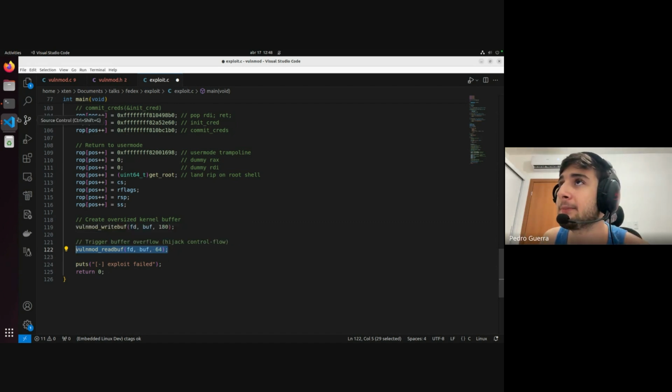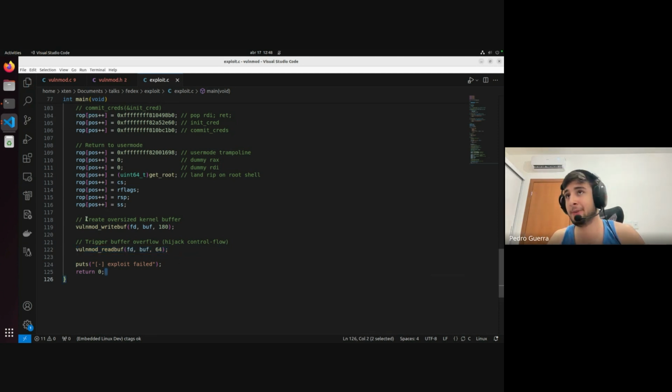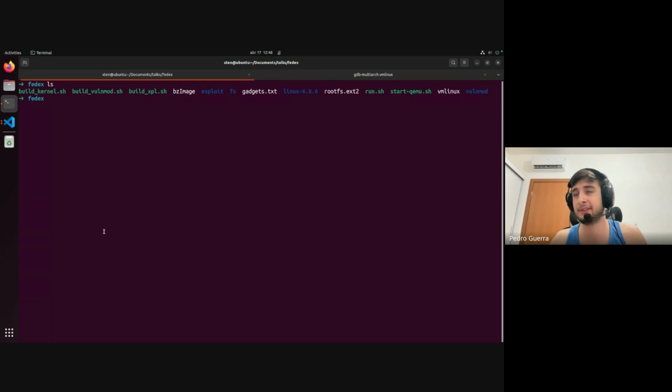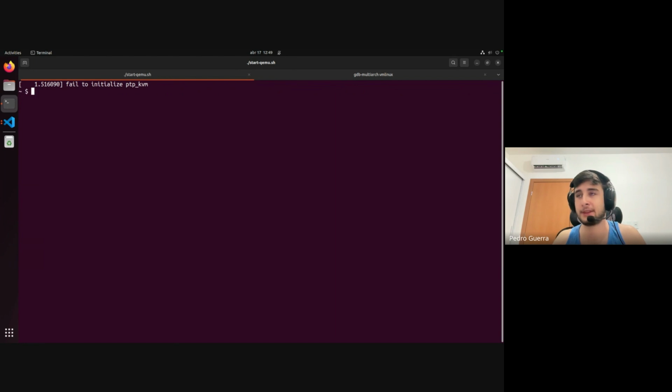corrupt the control flow. So after this exploit was ready, I was stupid enough to recompile my kernel, so the offsets might have changed. I'm not really sure. We're gonna find out now. If they have changed, I'll just have to update my gadgets. But if they haven't, yeah, it works. Okay, so